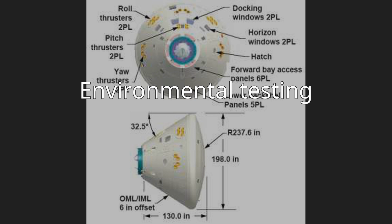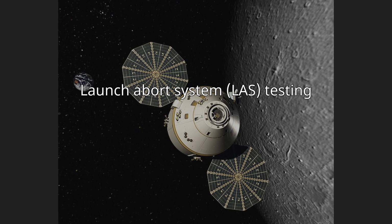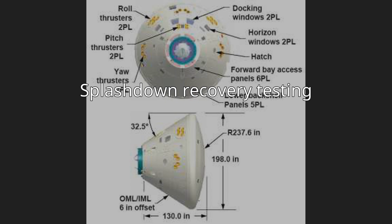The center's space power facility is the world's largest thermal vacuum chamber. Launch abort system loss testing. Splashdown recovery testing. In 2009, during the Constellation phase of the program, the post-landing Orion recovery test port was designed